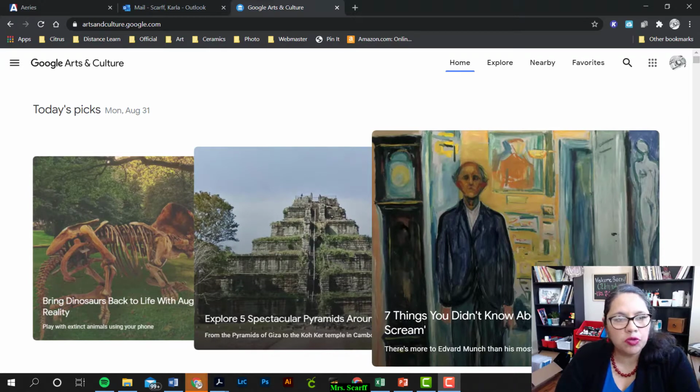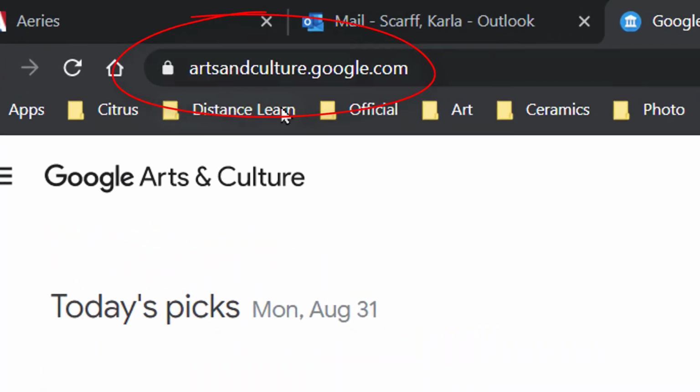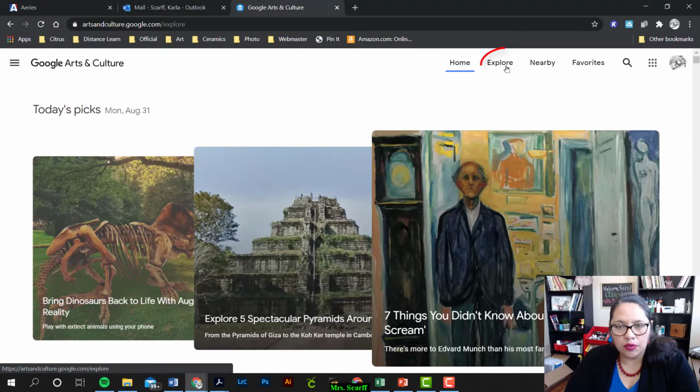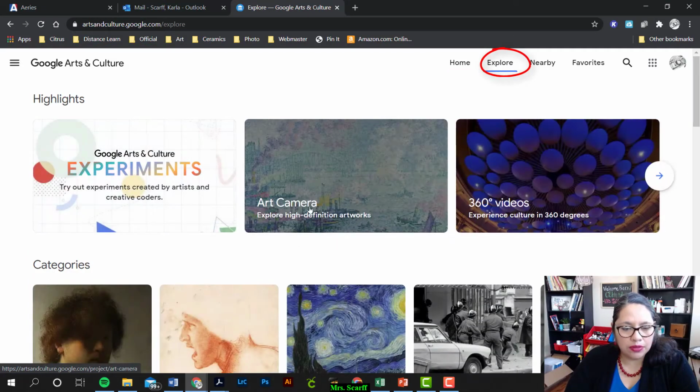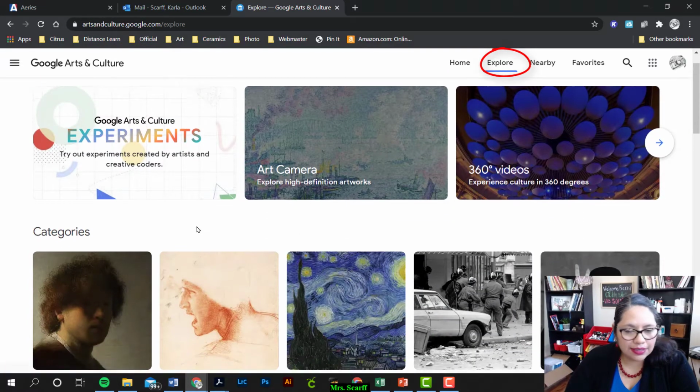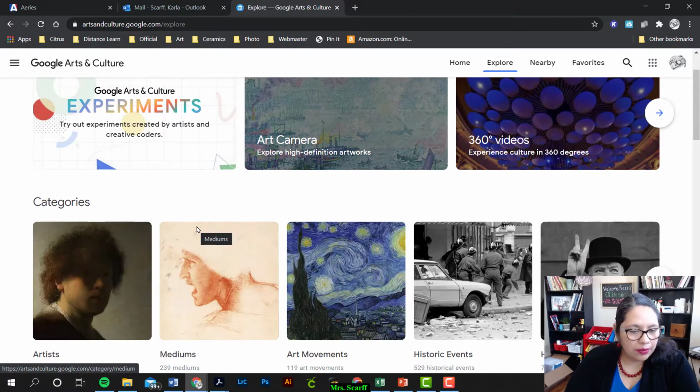Today we're going to be exploring Google Arts and Culture. The address is artsandculture.google.com. If you click on the word explore, you are able to look at galleries, you're able to look at